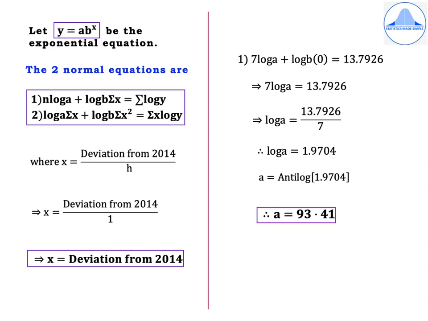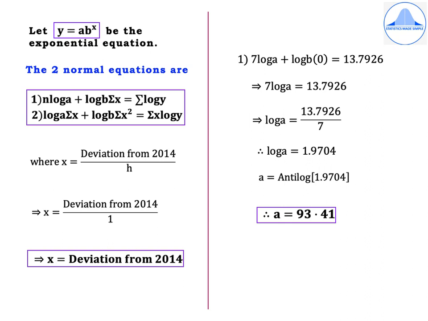So multiplying the x values with the corresponding log y values, we get minus 4.5153, minus 3.3442, minus 1.8129, 0, 2.1206, 4.5576, 7.3179. Summation x log y is equal to 4.3237. Next, substituting all these totals in the first normal equation, we get the first one, 7 log a plus log